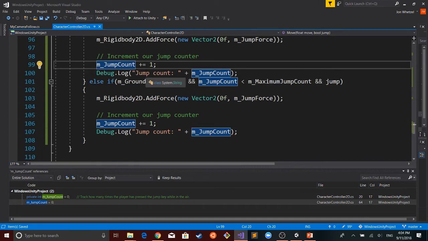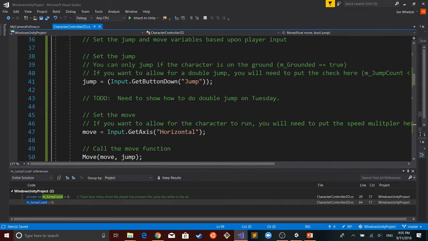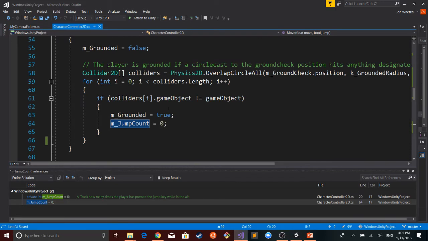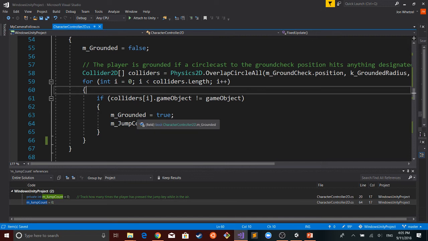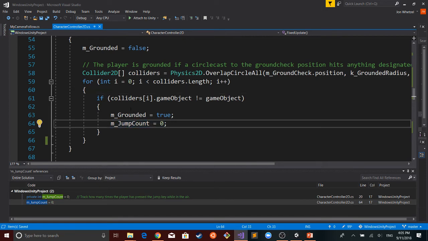So let's see. In the code, somewhere it's probably getting set to 0. So probably what's happening, I would suspect is here, that when we jump in the fixed update, even though we're starting to jump, it's still registering that we're still on the ground.